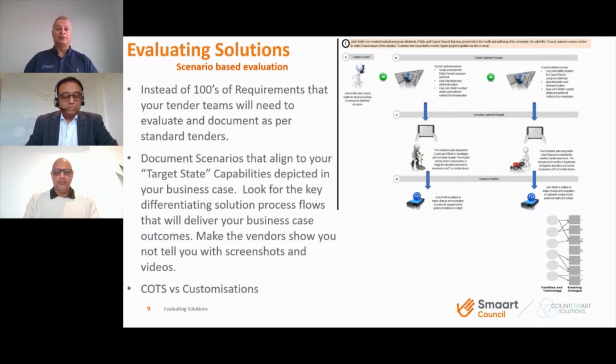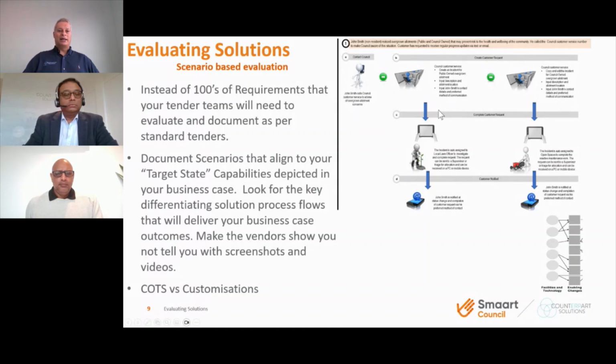So there's a clear depiction of your evaluation, and it makes it a little bit easier for the evaluation team, and it also puts it into perspective so they can understand what that target state looks like. So when the vendors come back, they're able to tell you what that target state looks like, because often it's difficult when we're working in the same system for so long to see what that looks like. So it gives us that perspective. Okay.